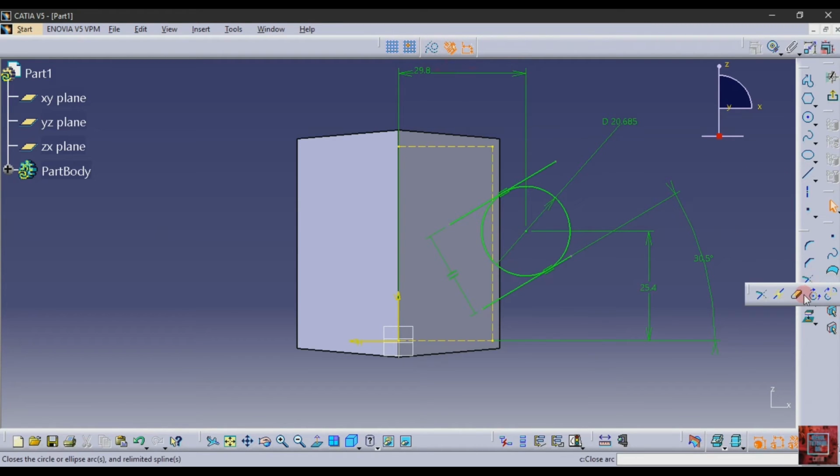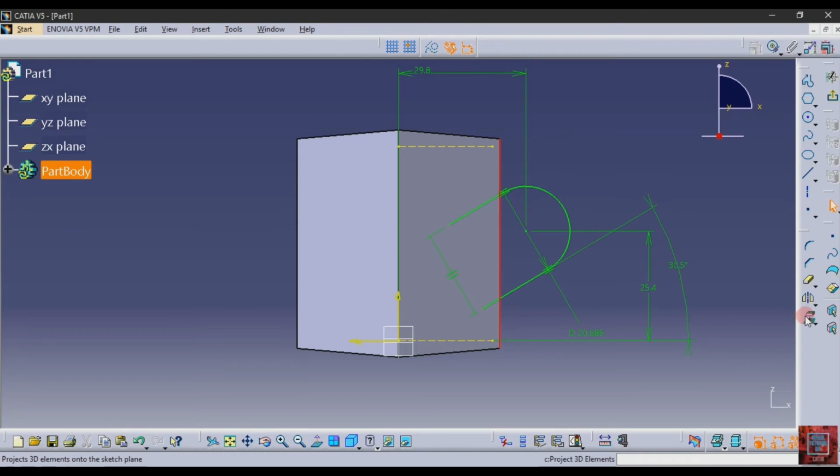For trim, go here and select this. Before that again delete this part, then select the trim option. So trim this, trim it. This is ready.